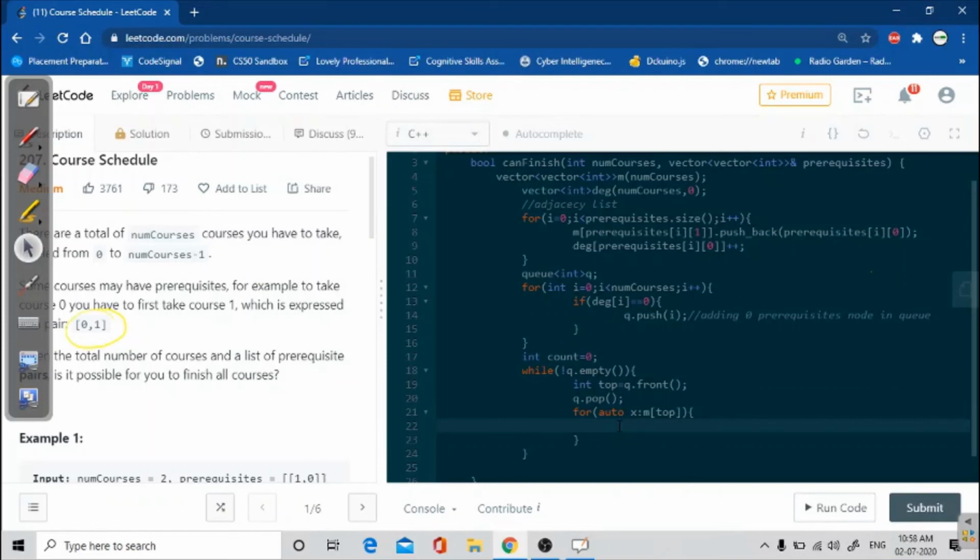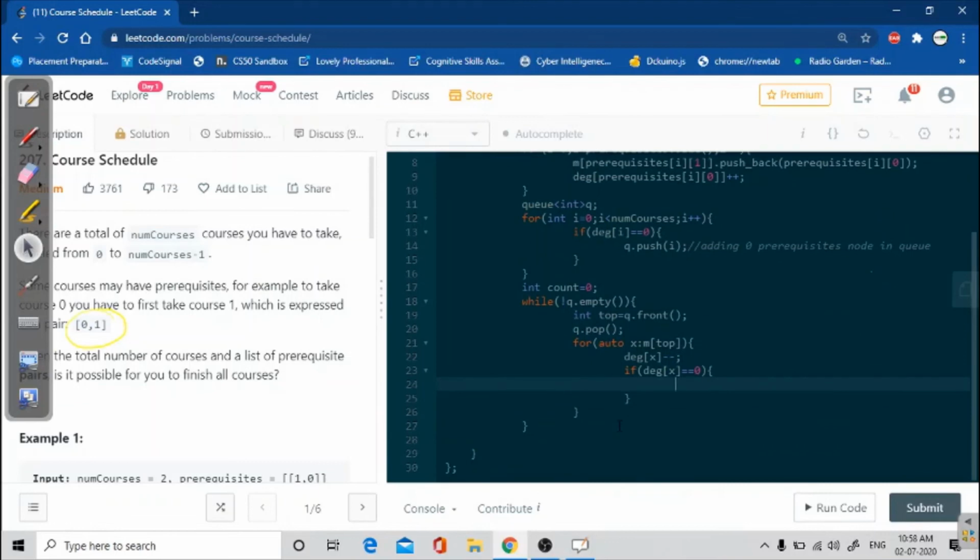So we decrease the neighbor's degree, and again see if the degree of the neighbor is equal to 0. If it is, we'll just push that element in q. So this is it.